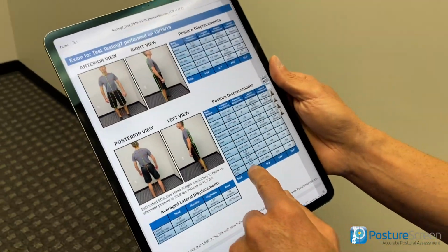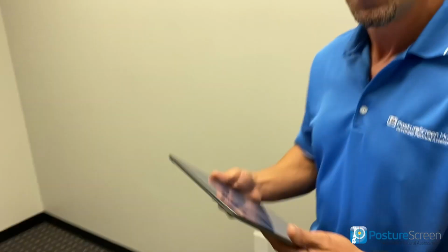So when we do a follow-up, we can go ahead and see the averages, because it does things on the four-view that I talked about in other videos, basically averaging the right and left of their sagittal postures. So with that said, you can see how much more